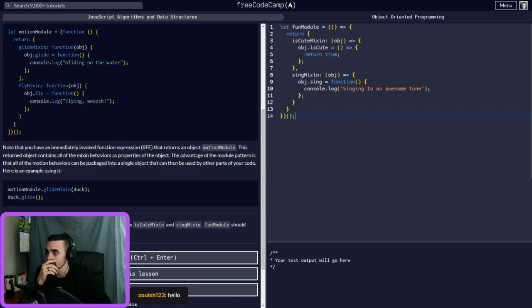But I mean, we did motion module dot glide mixin, and then you choose which one you want. You know what, screw it. Let's do it. What object do we want to define? Or what constructor do we want to write? Let's do the bird, right?